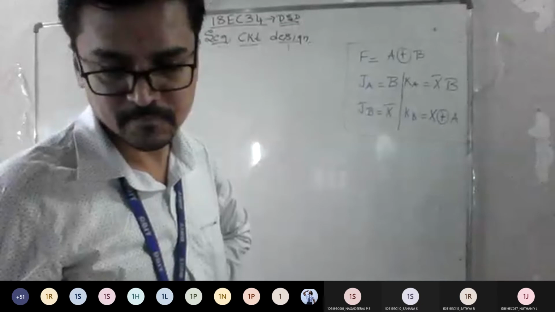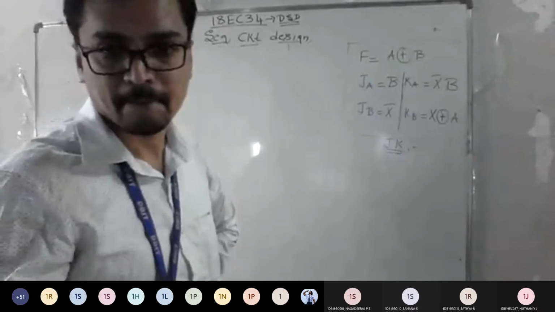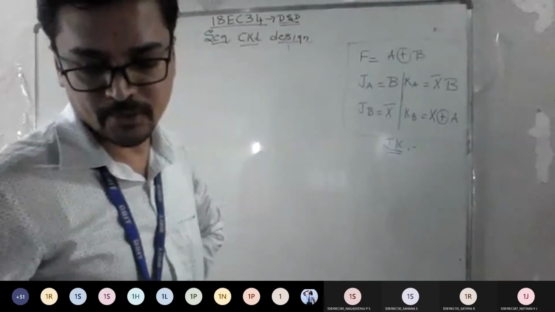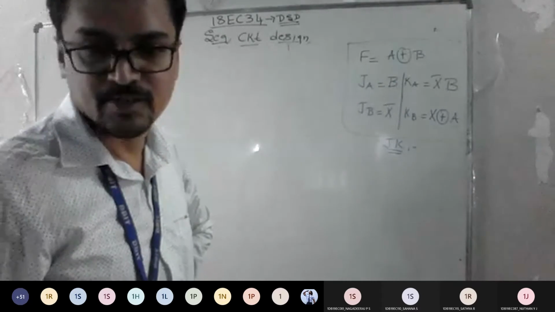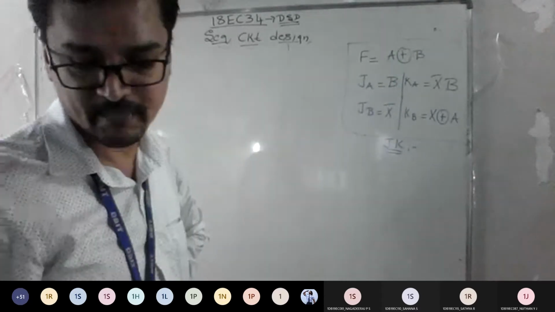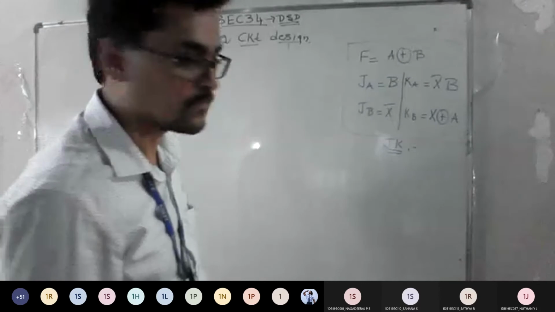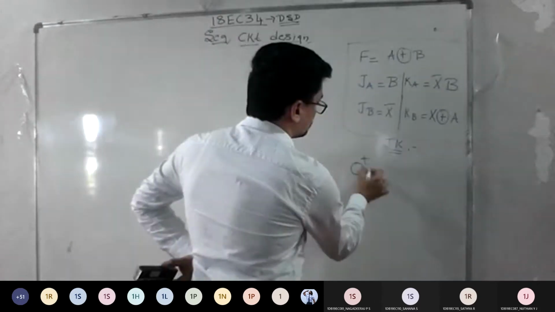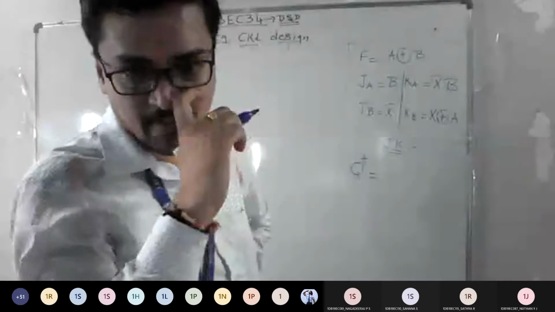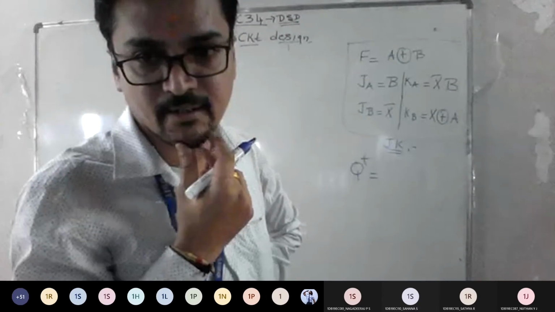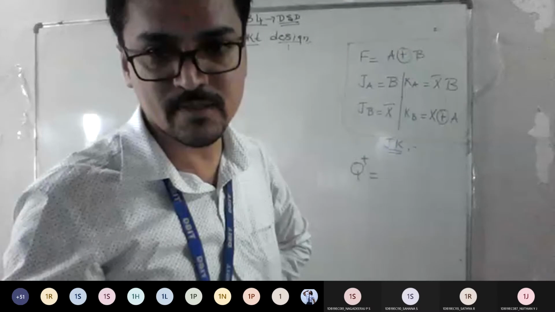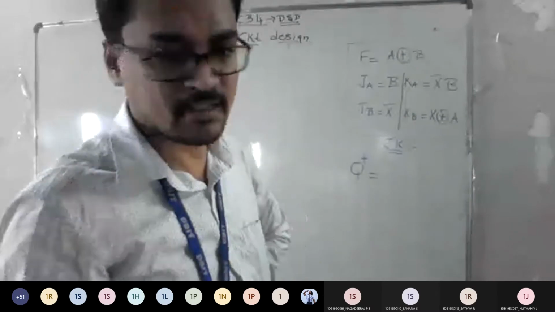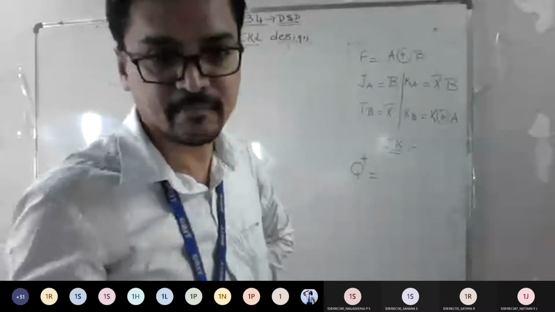Which flip flop? JK flip flop. So you need the transition equation for your JK flip flop. So which one have we already got from JK? See, I already told you clearly, whenever you want to do any digital design in this topic, you need the transition table of all the flip flops. If you know that, then only you can generate a transition table.